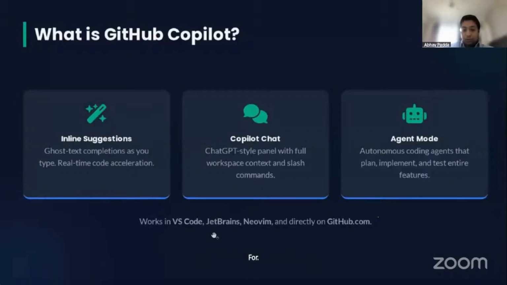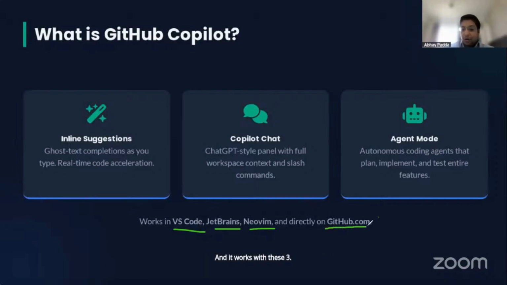For those of you who don't understand what VS Code, JetBrains, Neovim are, they are basically called IDEs, right? Integrated Development Environment, essentially where you write the code, right? So where you write and execute the code, that is known as an IDE, and it works with these three,